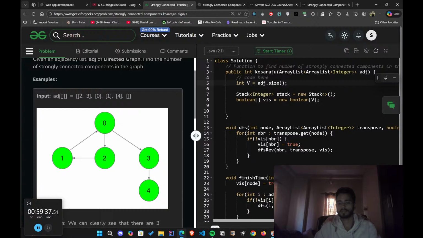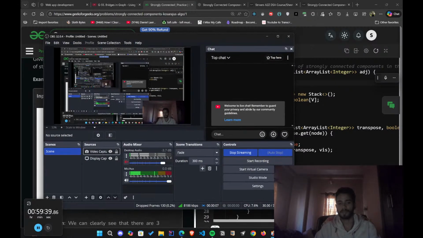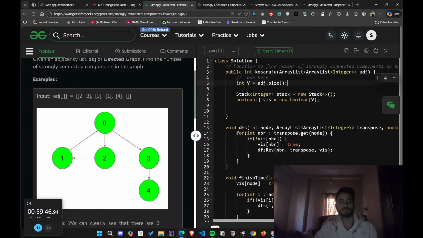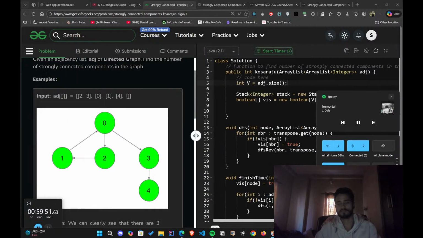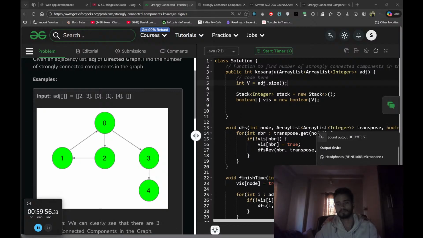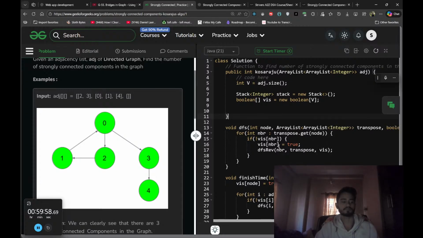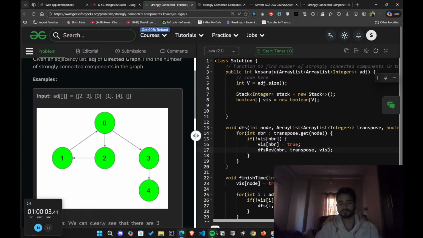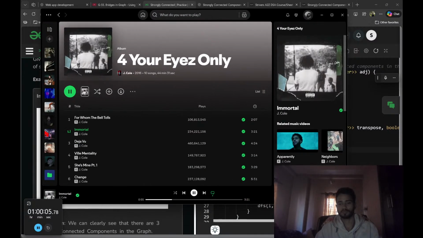I don't know why Bluetooth sucks in Windows. It's fixed. So yeah,